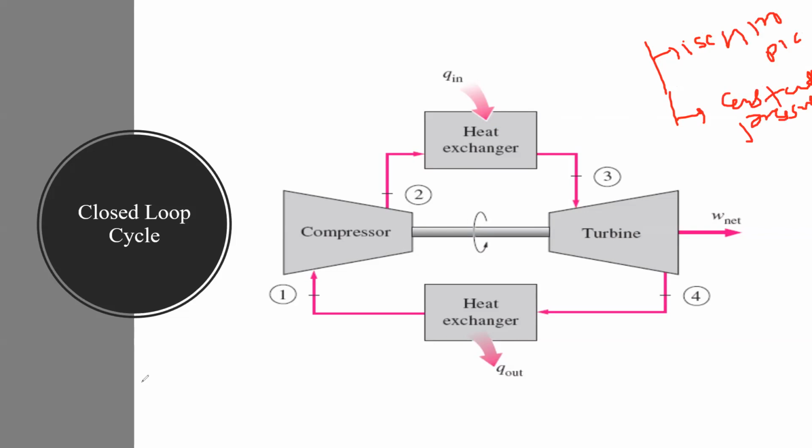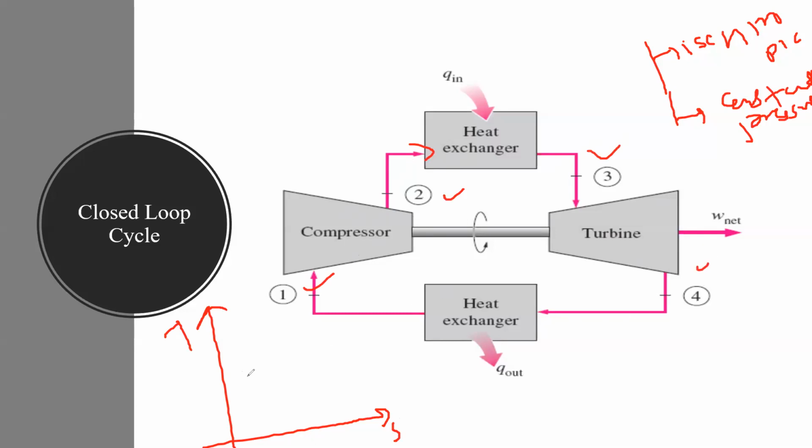Now everyone understand the procedure. First of all, to understand the procedure, I draw a TS diagram. What is a TS diagram? This is your temperature, and S stands for entropy, to understand the steam flow. First, the air which is compressed by the compressor is injected into the heat exchanger. The heat exchanger just enhances the temperature. So this is your point 1, 2, 3 and 4. Now understand how the steam flows.